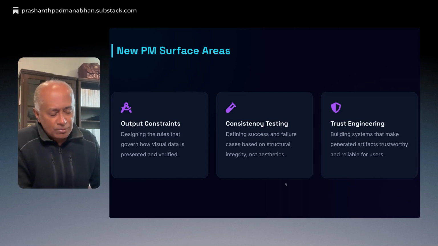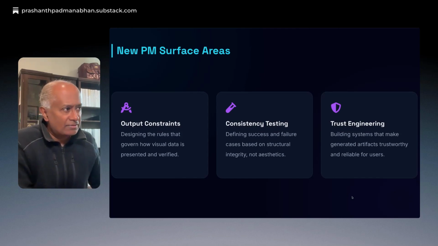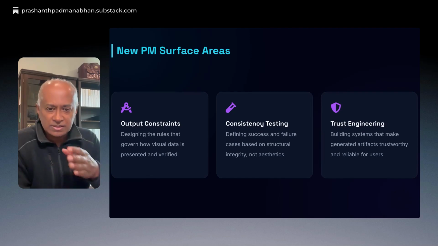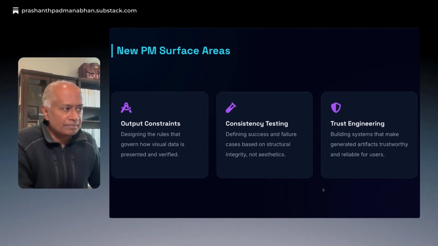And the product manager should be able to define the test cases that are required to test the outputs once the large language model creates these artifacts. And finally, the product manager should be able to define how to verify if the large language model created an artifact based on a deterministic input, that is text or numbers from a particular system or a particular person.